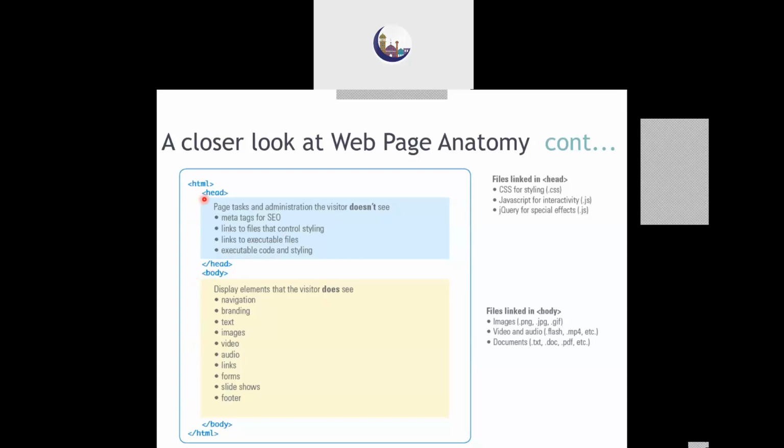Whatever meta tags or metadata we were discussing earlier, and the title of the web page, which is not displayed on the web page but is displayed on the browser's tab or window, can be kept in the head section. So in the head, usually we keep the meta tags for search engine optimization.